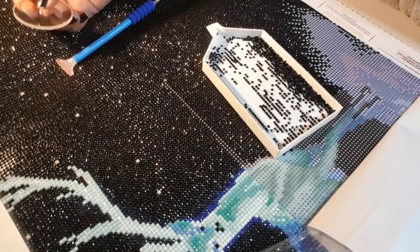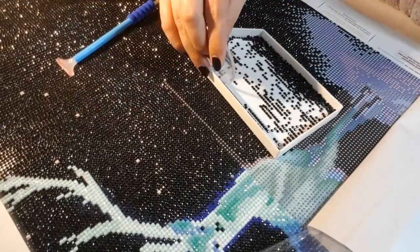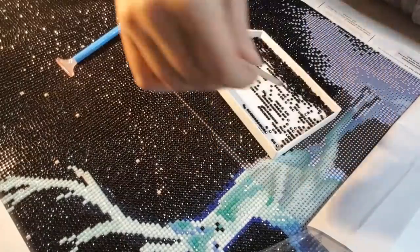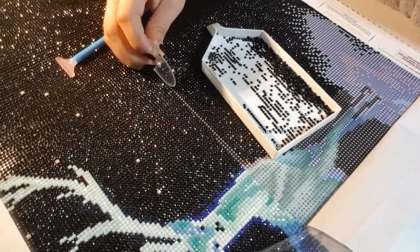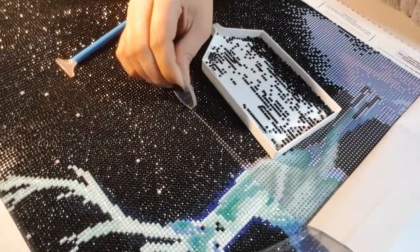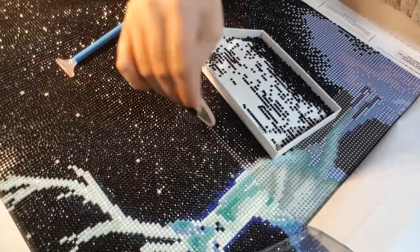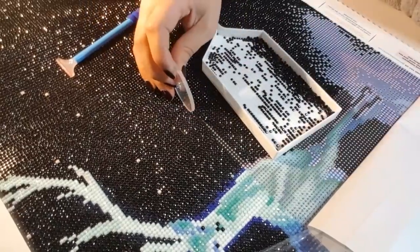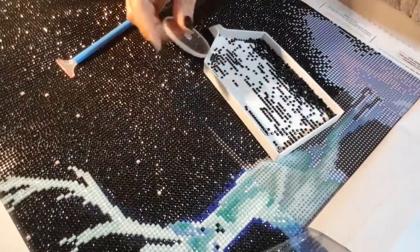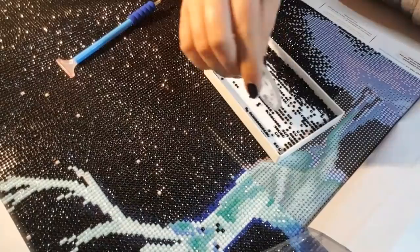Number 9. What kind of setup do you have? Where do you diamond paint? I diamond paint in 2 places. I diamond paint in the living room on my lap desk, and I diamond paint here in my craft room where I have a desk, obviously, and it's my filming area as well. So it's a nice big table, but I need to